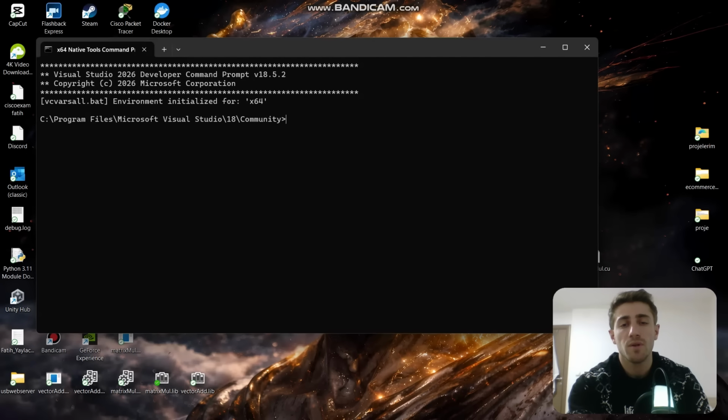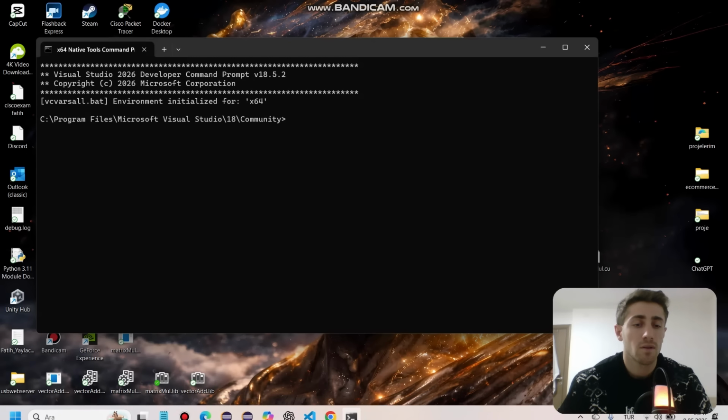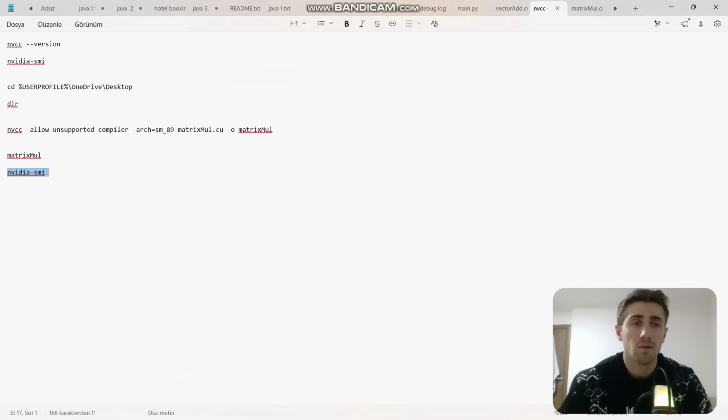Each GPU thread calculates one element of the result matrix. This allows many operations to run at the same time. Before running the program, we might expect the GPU to be slower because it works sequentially. In this code,